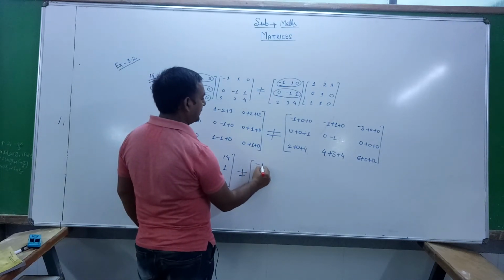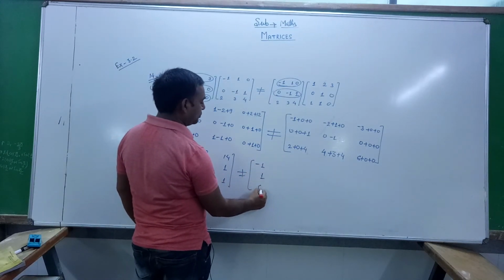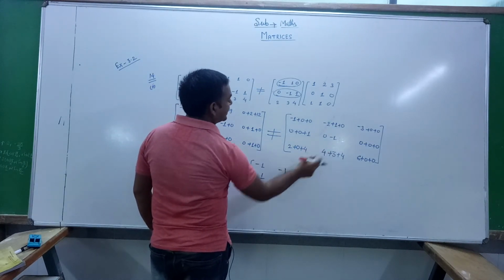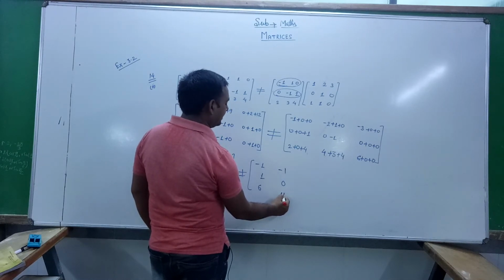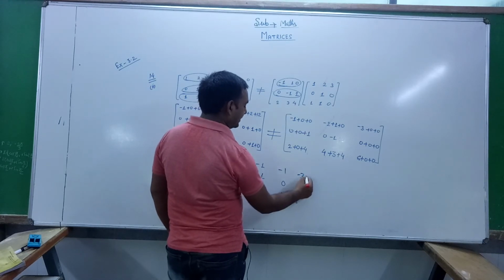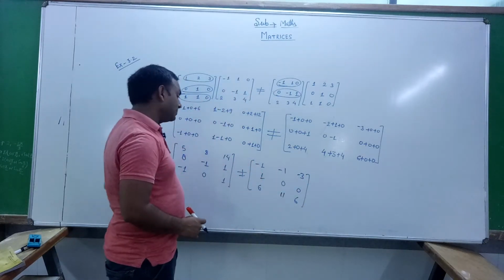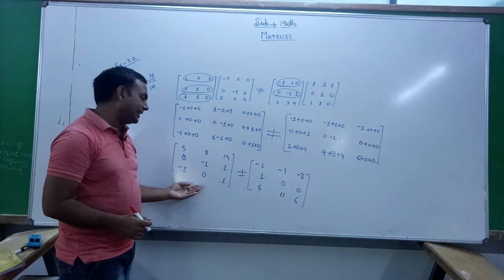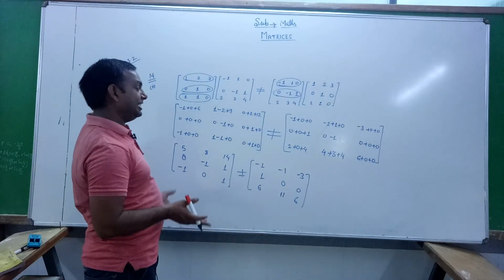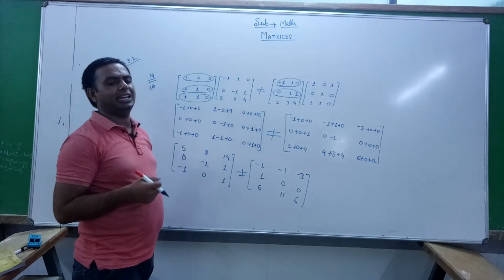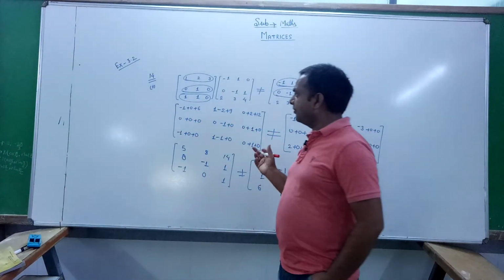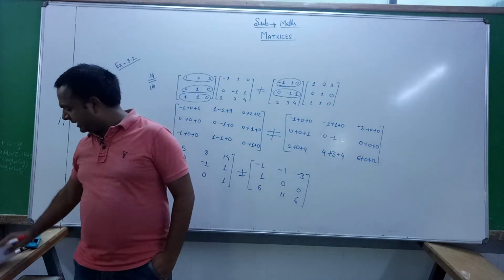Does not equal minus 1, then 1, then 2, 4, 6, then minus 1, 0, 4, 3, 7, 7, 4, 11, then minus 3, 0 and 6. Here you see the values of both matrices are different, so you can say this does not equal this. It means A into B does not equal B into A in the case of matrix multiplication. Okay, so I think all of you understand these questions in a very easy way.